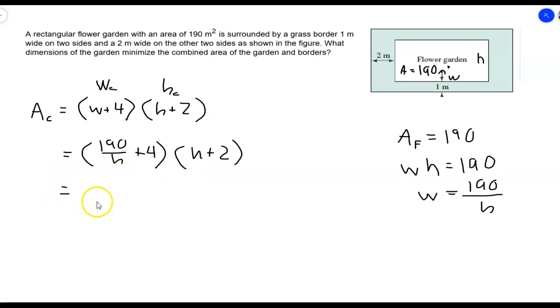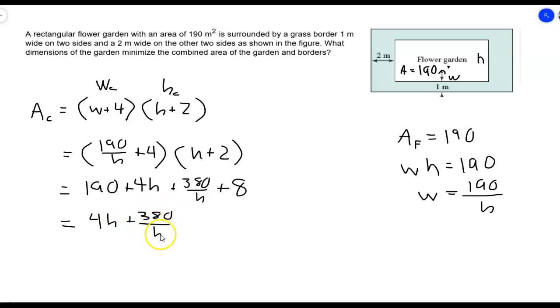So the first two terms multiplied by each other, the h's will cancel out. I'm just left with 190. The inner terms is going to be plus 4h. The outer terms, that's going to be 380 over h. So plus 380 over h. And the last terms will be plus 8. So the two constants will combine to make 4h plus 380